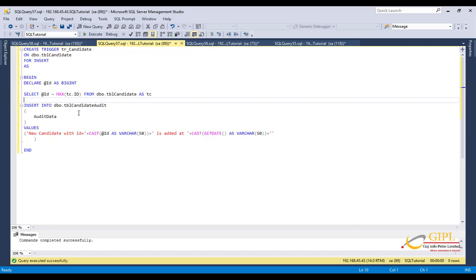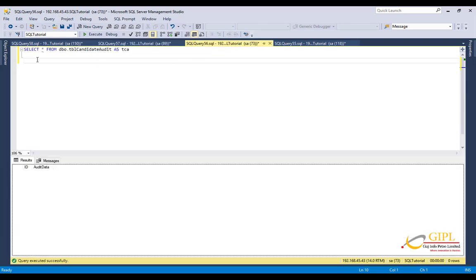And finally, since we want to capture the audit information, we are saying insert into TBL candidate audit values. And if you look at the table candidate audit itself, it has just got two columns.